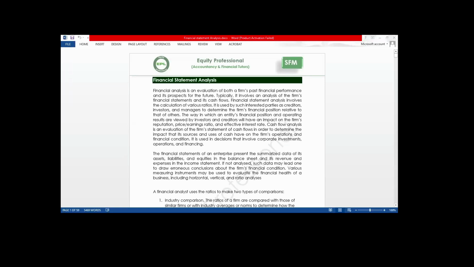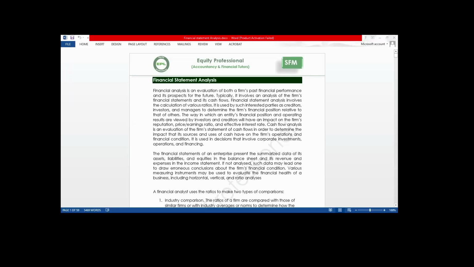You are given the financial statement of a company for 2025. The examiner now asks you to forecast financial statement for this company for 2026. That is financial statement forecasting